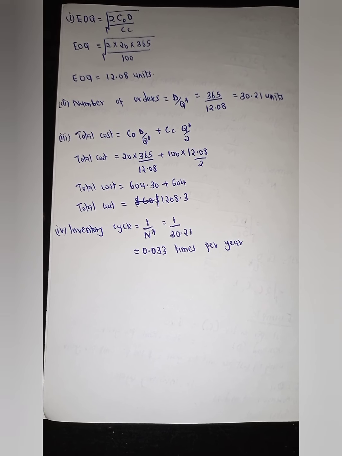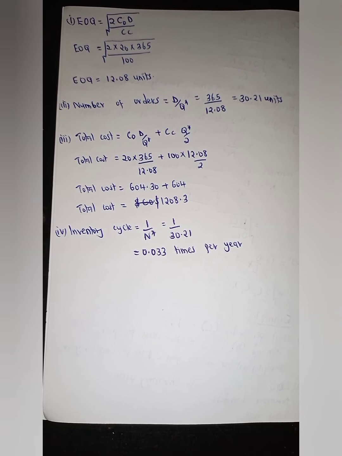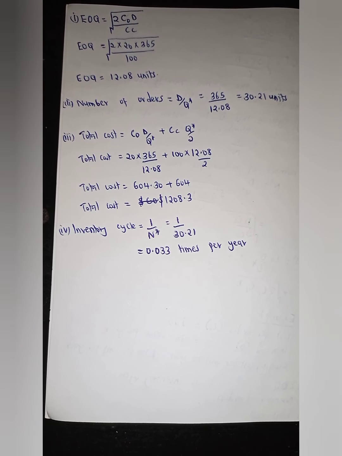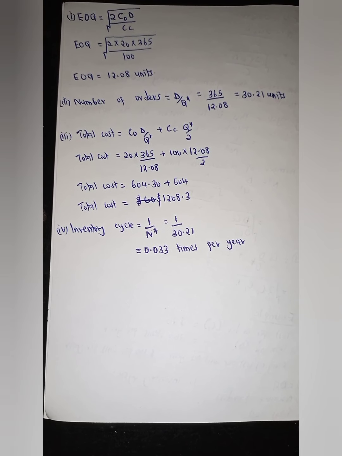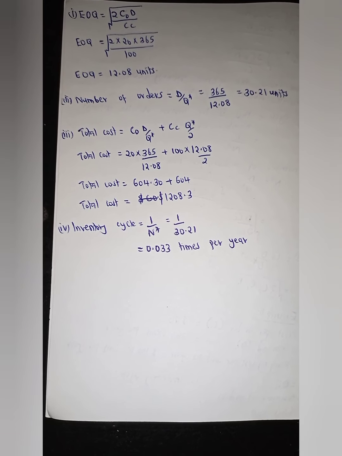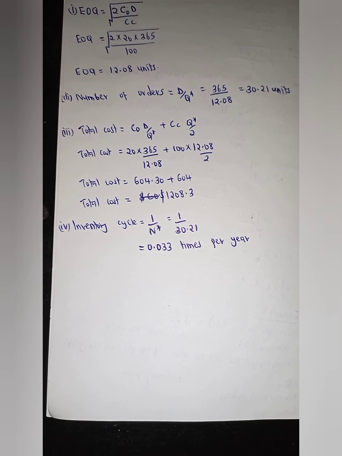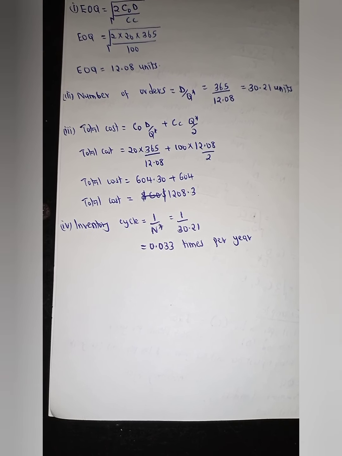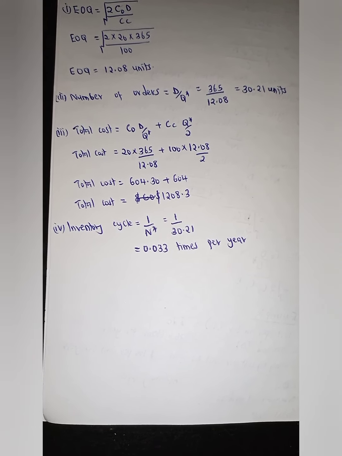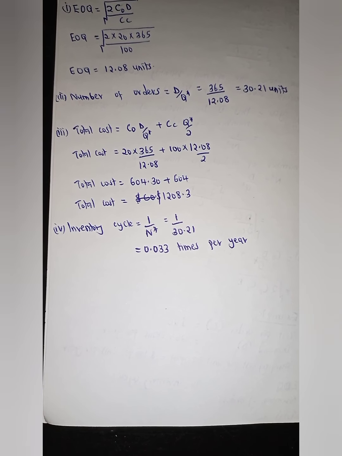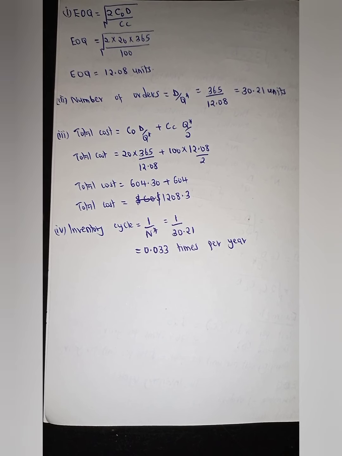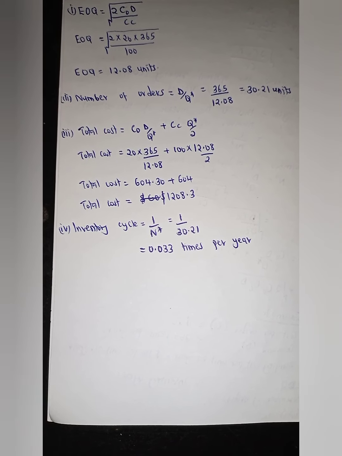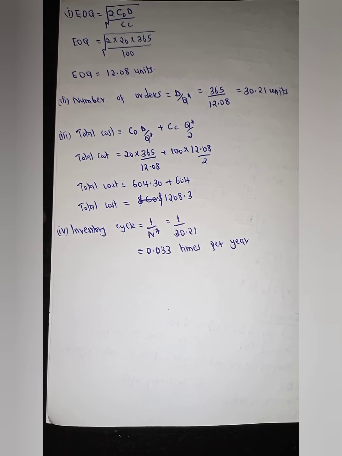We said that the EOQ is the square root of 2CO times D all over CC. When you substitute, it's going to be the square root of 2 times 20 times 365 all over 100. Therefore, the EOQ is going to be 12.08 units. Then we go to the number of orders. It's going to be D all over Q optimal, which is 365 all over 12.08. And the answer is going to be 30.21